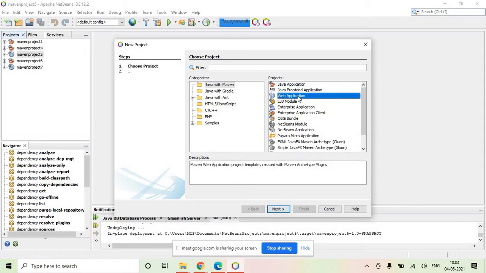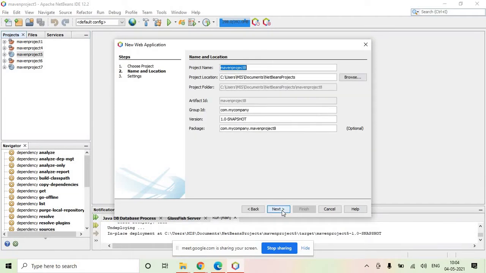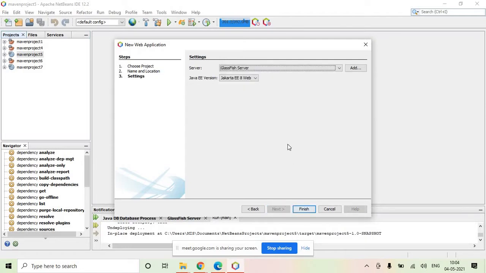Here for creating a JSP, you select this web application option. Click on Next. Mention the project name of your choice. Then click on Next. This requires a server setting from your side.